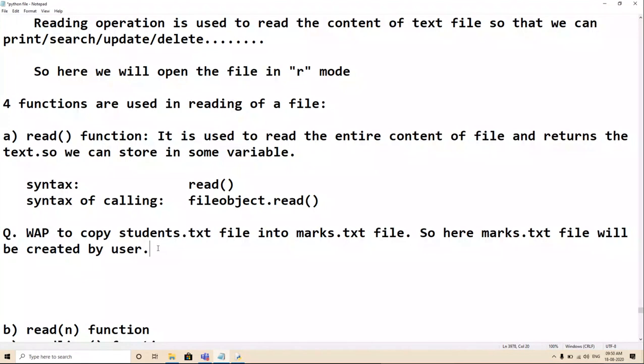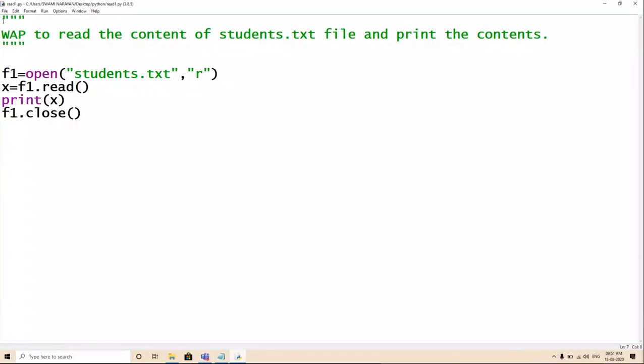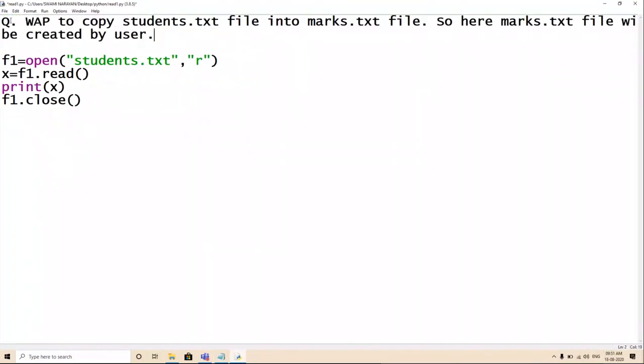Open both the files, students.txt in read mode and marks.txt in write mode, and then read the content of the students.txt file. We know how to read. The name of the object is, say, f1, so f1.read, and then put the content of that f1.read into the marks.txt file. So let's do it. This is a very easy question and one of the applications of read and write.